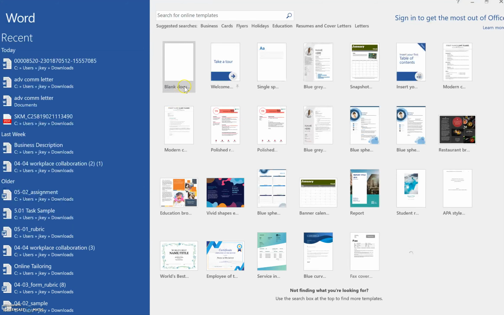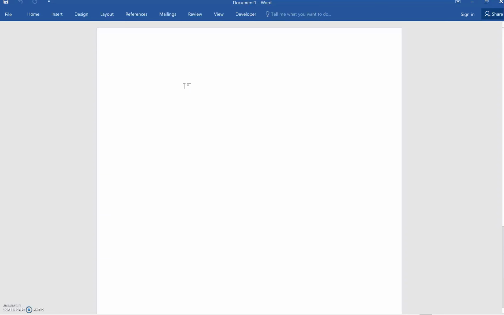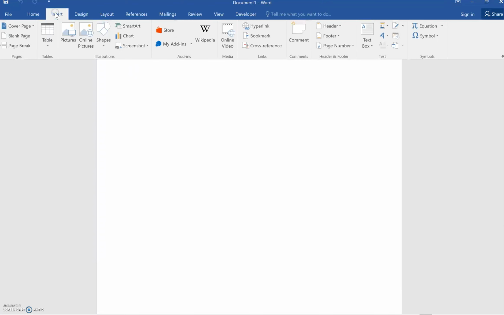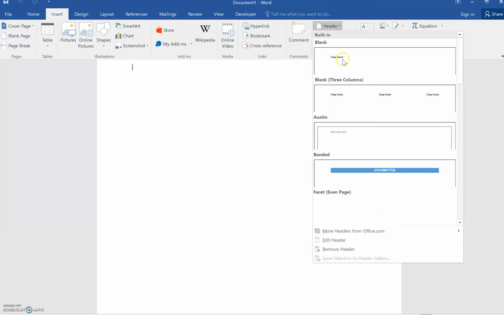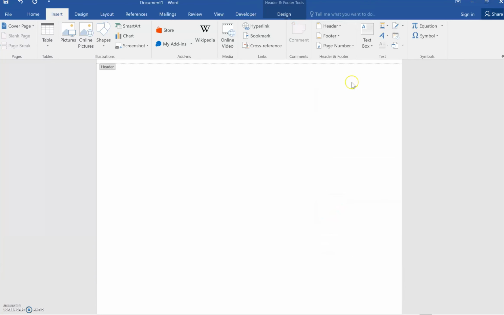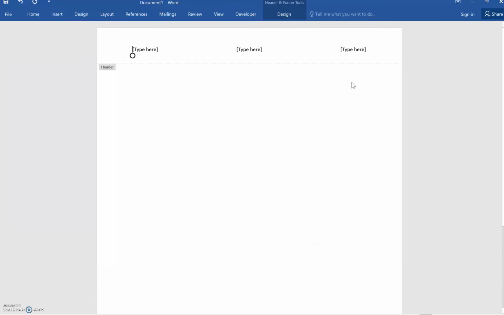So with a blank Word document opened, okay, first I want to talk about the header. Okay, so we said your last name and page number needs to go in the top right, but you don't need to just click up here and type it. So you need to go to Insert, and if you look over here, you'll see Header. And if you click on this, you can choose the type that we need. Now we wanted it to be your last name and page number in the top right. So to me, this blank 3-column one is the easiest. So with that in here,